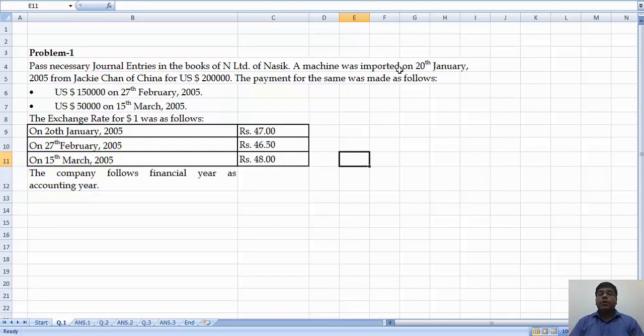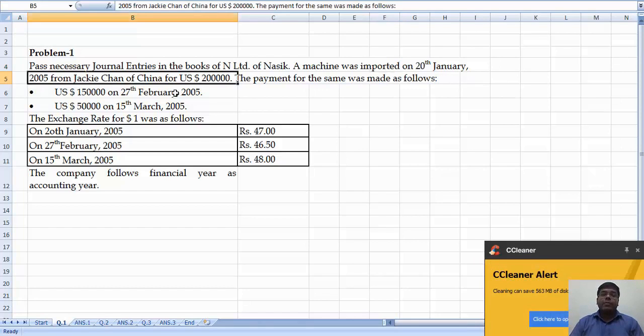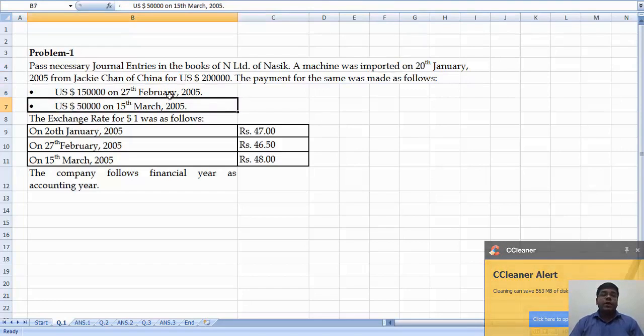A machine was imported on 28 January 2005 from Jackie Chen of China for US dollar 2 lakhs. So we have imported, so we have to make the payment for whatever we have imported. The payment for the same was made as follows. For the 2 lakh amount, we have made the payment in 2 installments, that is on 27 February 2005 and 15